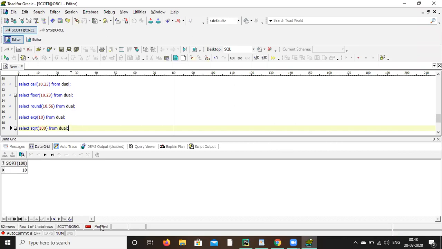Now next is POWER. Power means, let's say 2, 3. Power 2, 3 means 2 to the power 3.